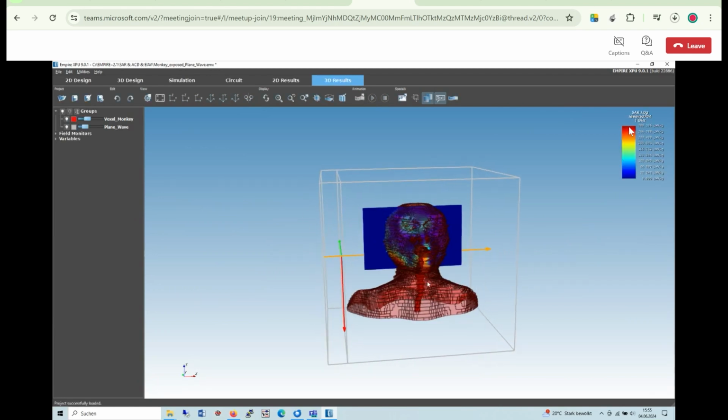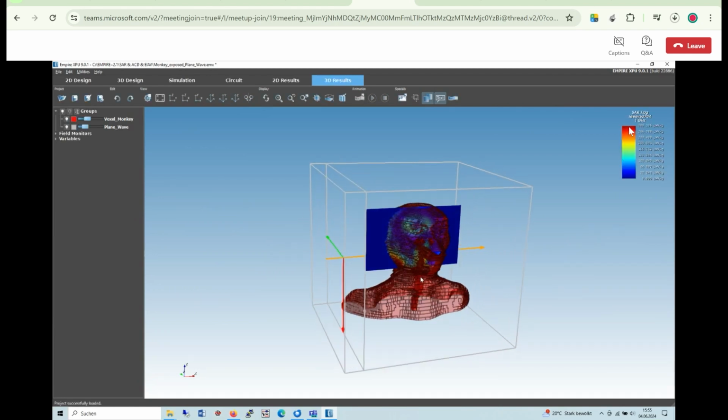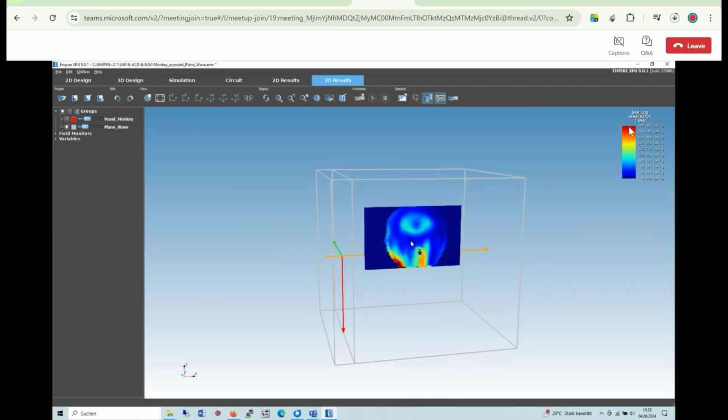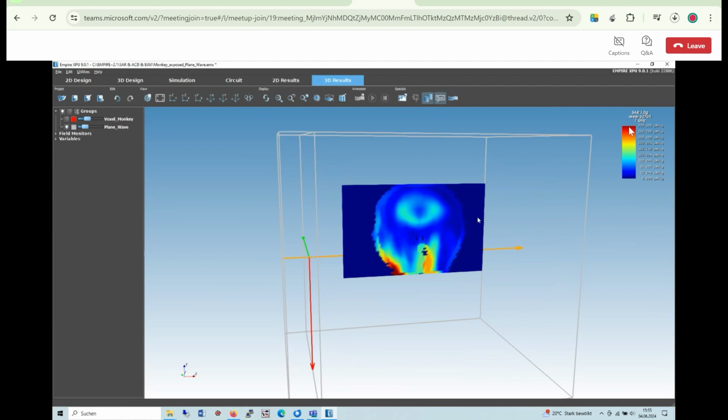So this is a small monkey model, and here we see the SAR distribution. So in principle, the workflow is as follows. You record the field in a volume